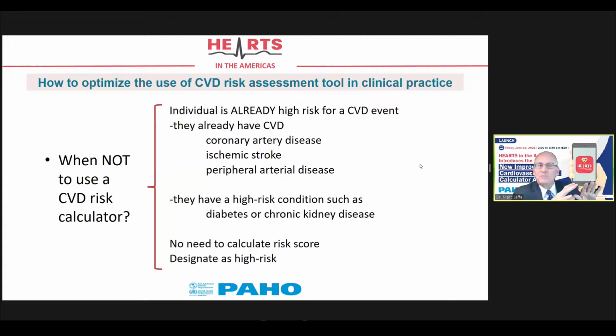And we know that just based on simple things like if they already have cardiovascular disease, they're very high risk of having another event. So no reason to type in the numbers if you already know they're high risk. Same thing for ischemic stroke and peripheral arterial disease. And there are other conditions which are high risk. They're not technically secondary prevention, but the risk is so high,